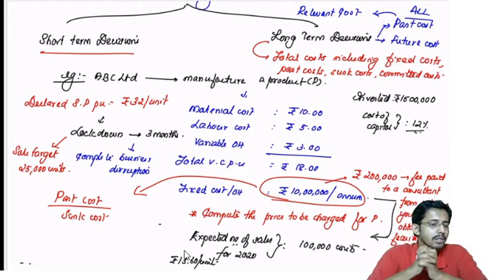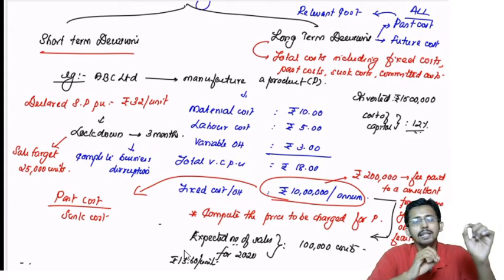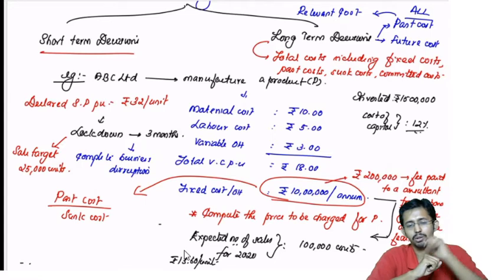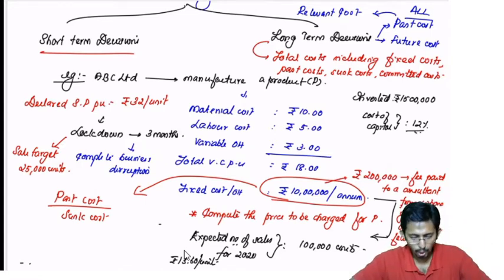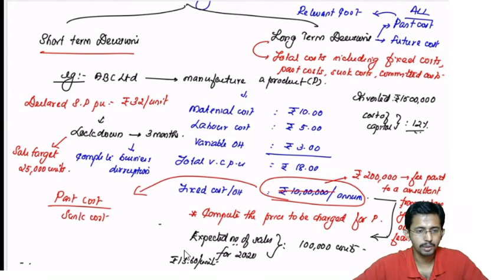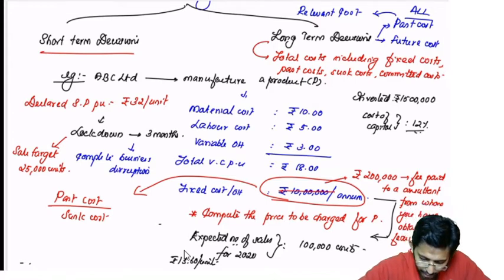So such future costs which are not going to change between the alternatives you are analyzing are not relevant costs. And for any such short-term decisions, you need not consider such irrelevant costs. Is it clear? So what you will do here, you are eliminating this 10 lakhs entirely. Now what is left out? What is left out is only this variable cost.